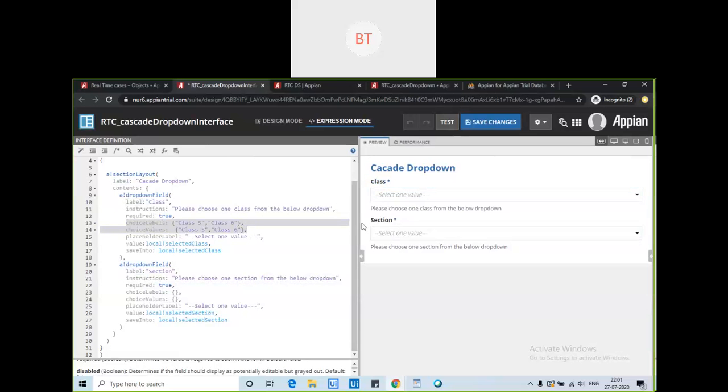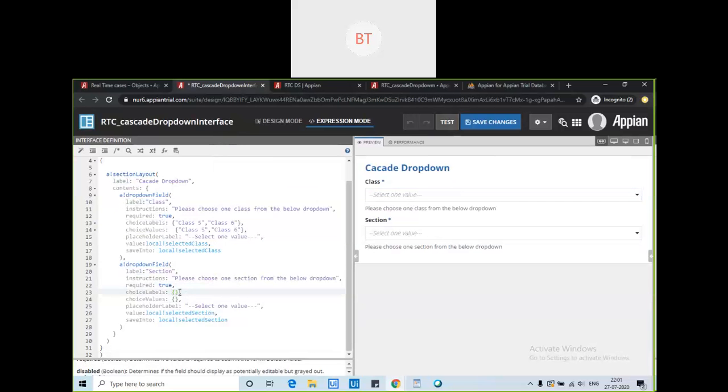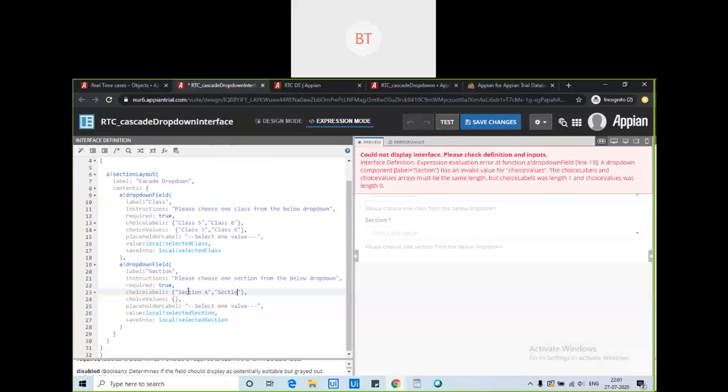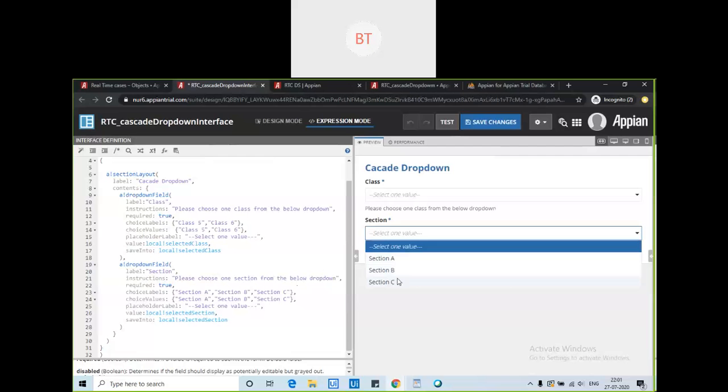What is our next target? Hold on, let me give a hardcode value here also and see what will happen. Now see here, in section also it's coming ABC, right?